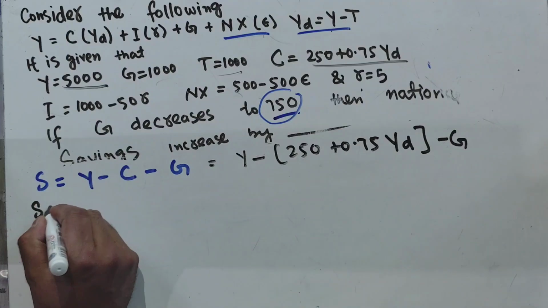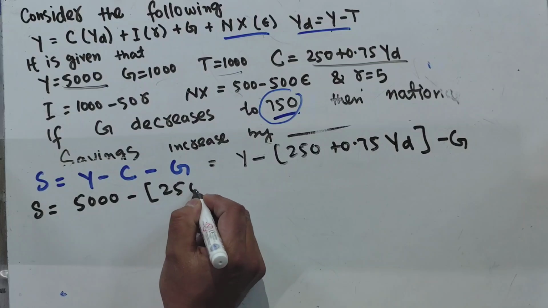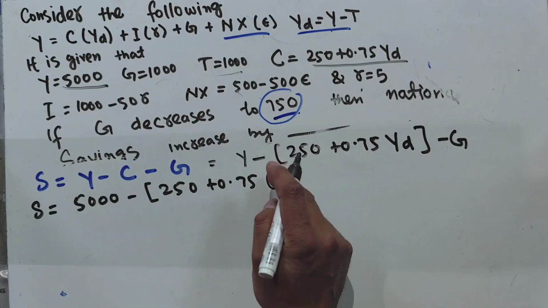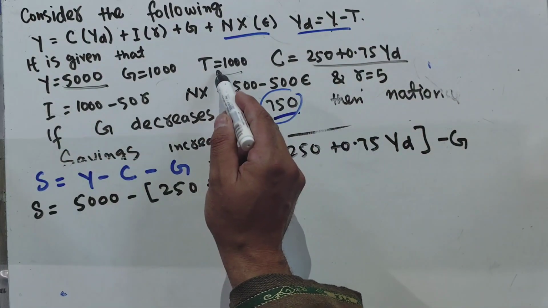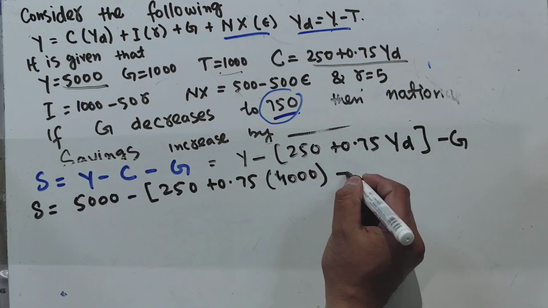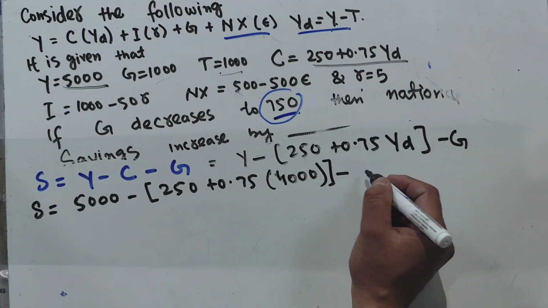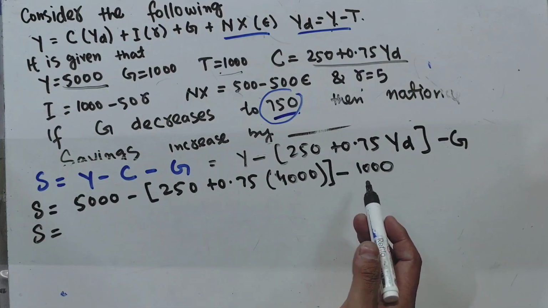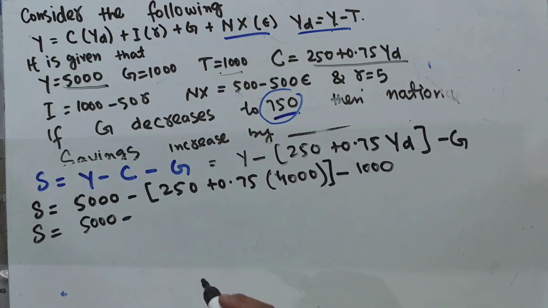Okay, so national savings will be equal to total income, which is 5,000, minus 250 plus 0.75 times disposable income. We know that disposable income is total income minus taxes. Total income is 5,000, taxes is 1,000, so we will get 4,000 here, minus the government expenditure, which is 1,000. So national savings will be equal to 5,000 minus